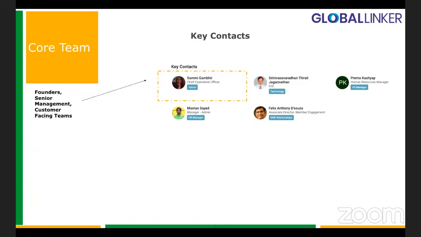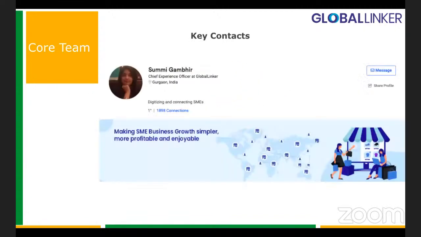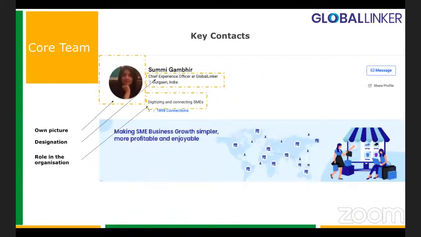The great part about this is it doesn't end over here with a small eBiz card which is given to you. You click on it and you can also see the full profile of that particular member. So this is a great opportunity for even the employee to talk about themselves, about their achievements in the organization and their role in the organization as well. You can see, your key contact can add their own picture. You can add your designation and the role they play in the organization. So you can leverage this section to say many things that you would like to talk about in your own individual capacity with the organization as well.